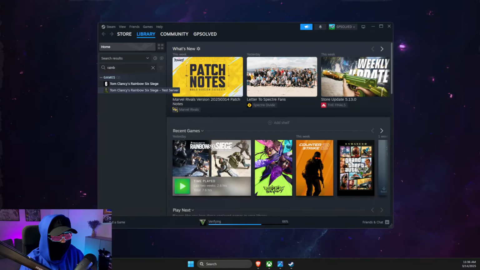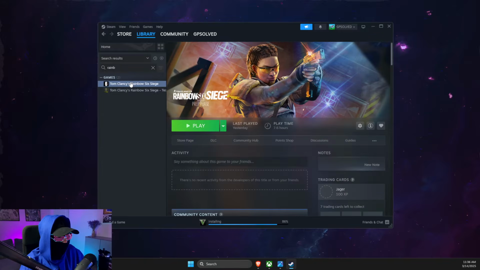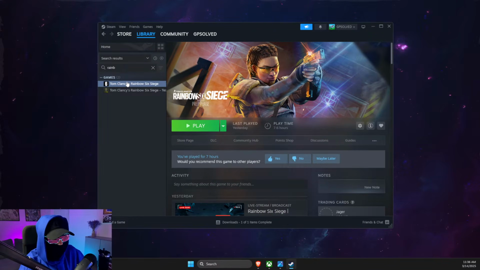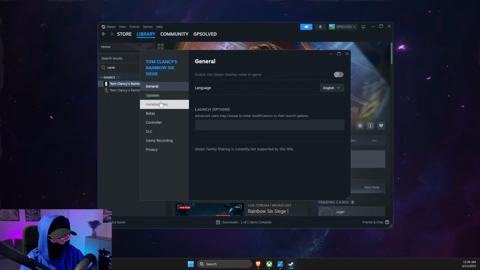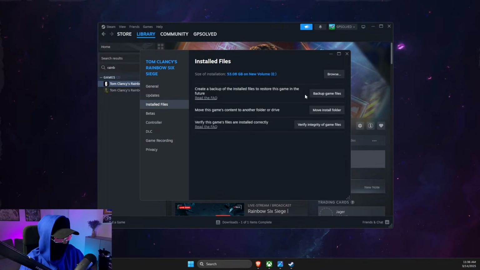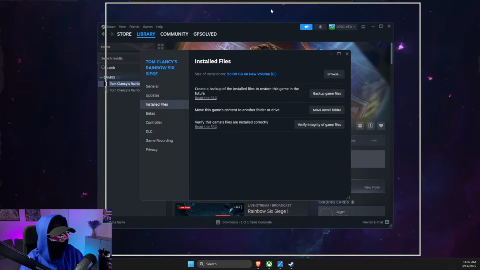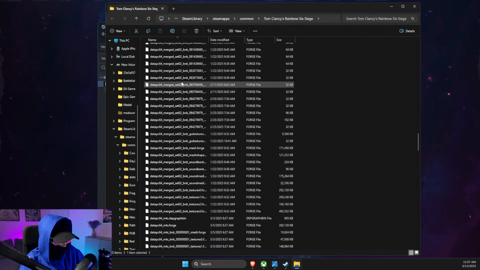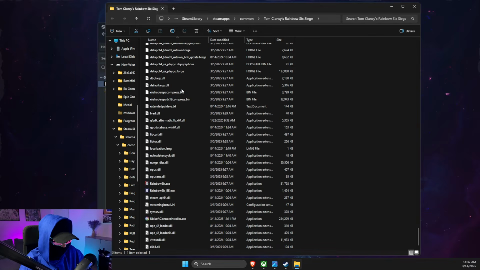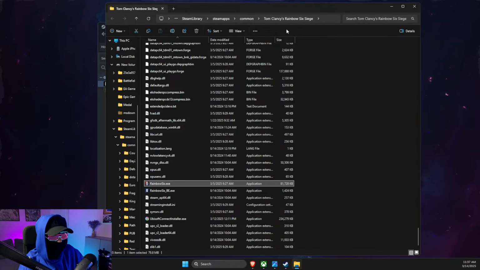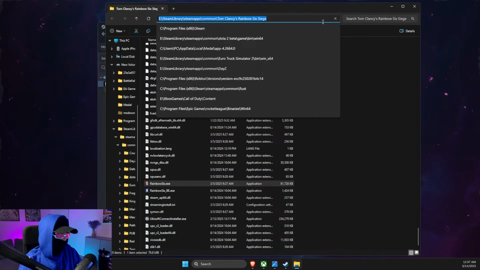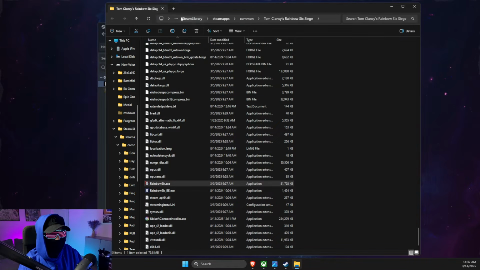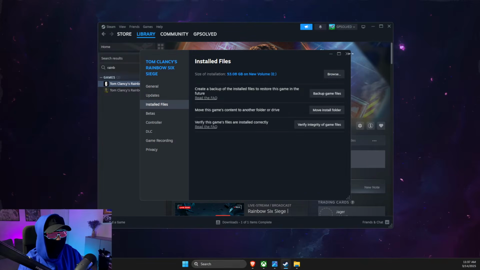What you need to do here is you just need to right click on Rainbow Six Siege or your game that you're having problems with on Steam. Then you need to go to properties, installed files, browse. Then you need to look for the Rainbow Six Siege exe file or Rainbow Six. So as you can see here, there is Rainbow Six.exe. So copy the path, or just leave the folder open, and then you just need